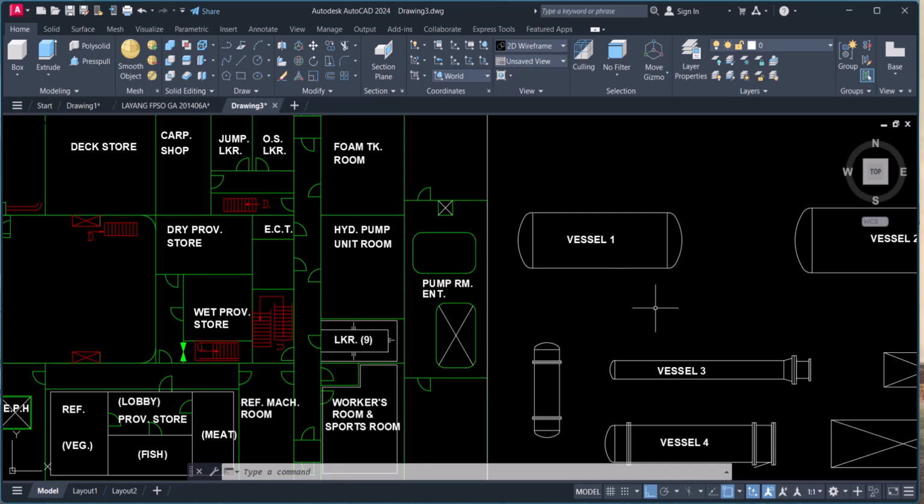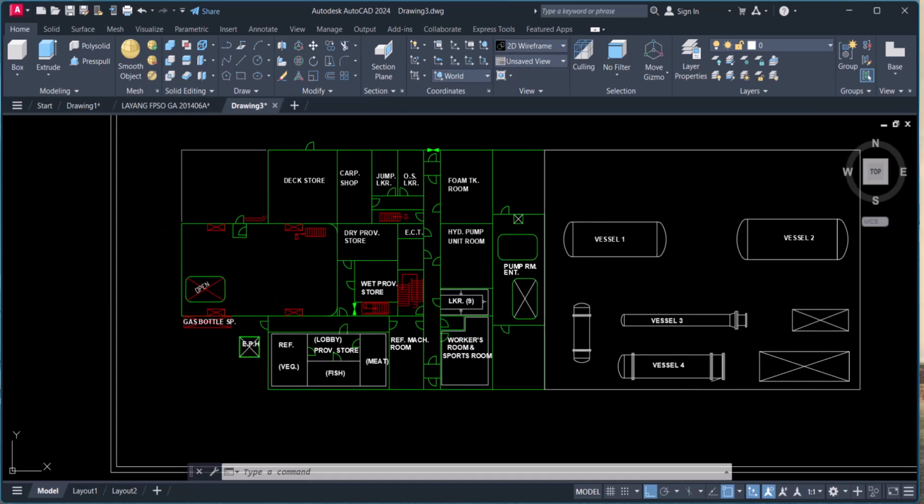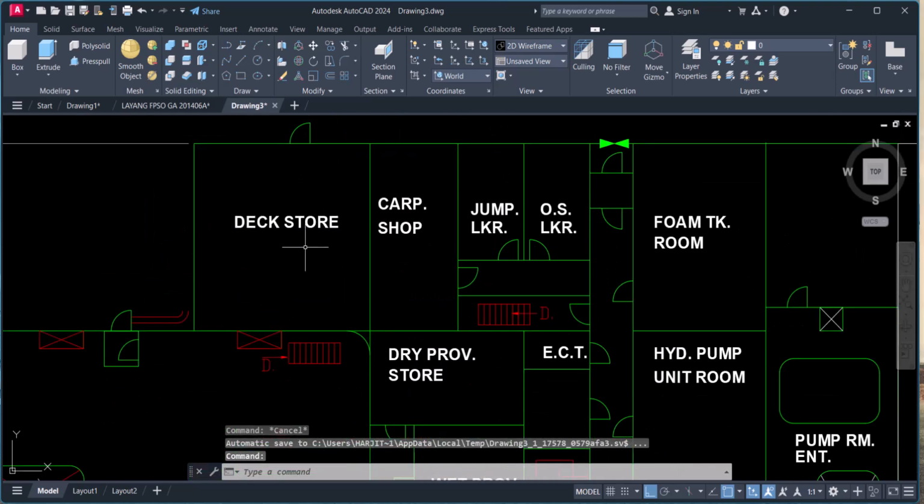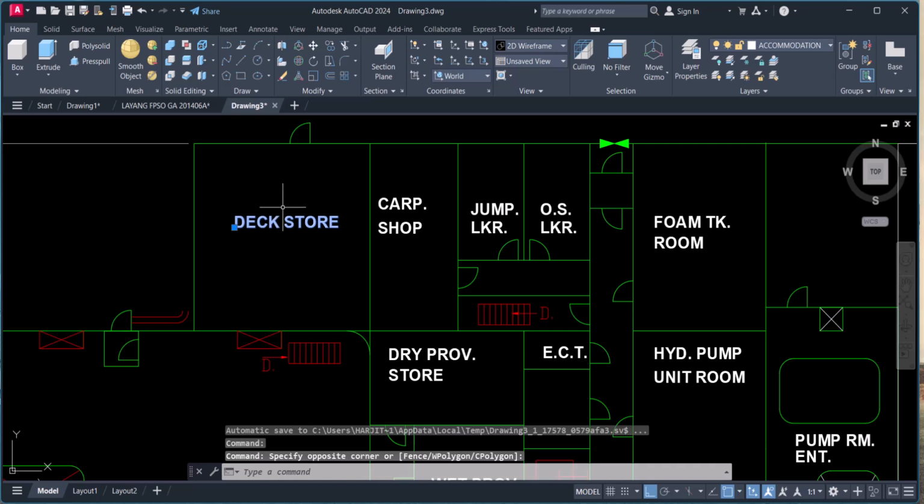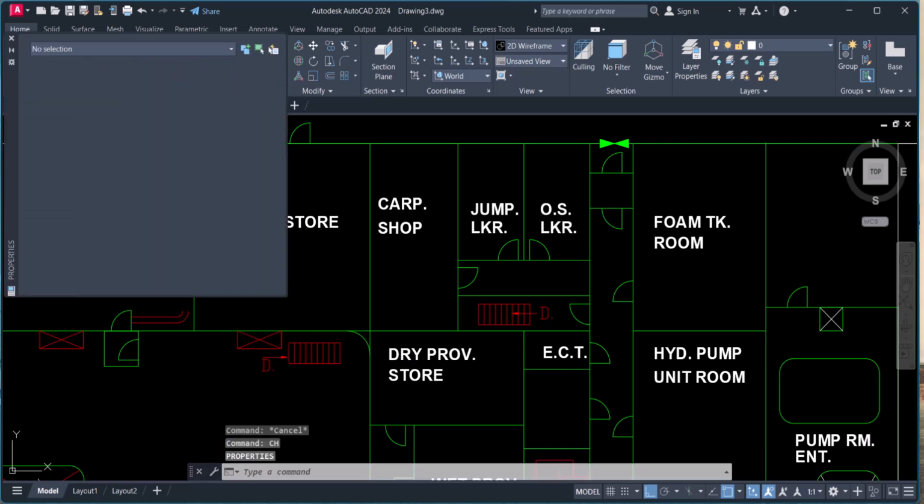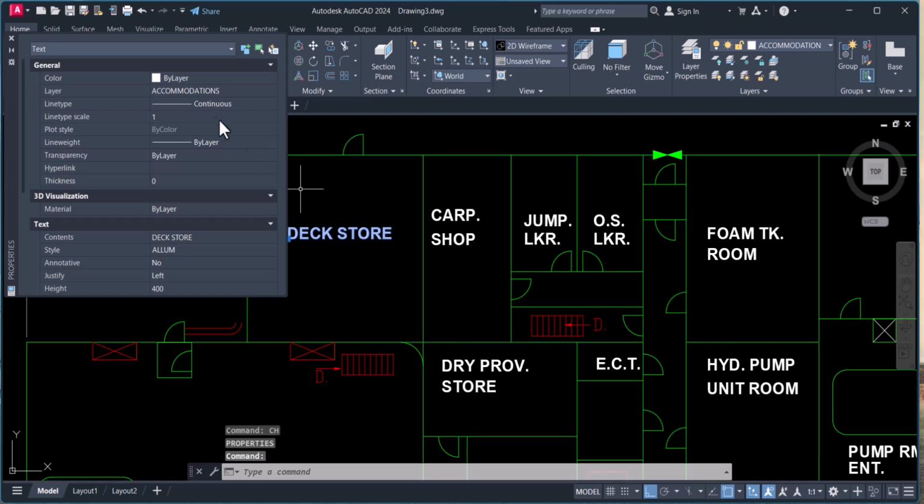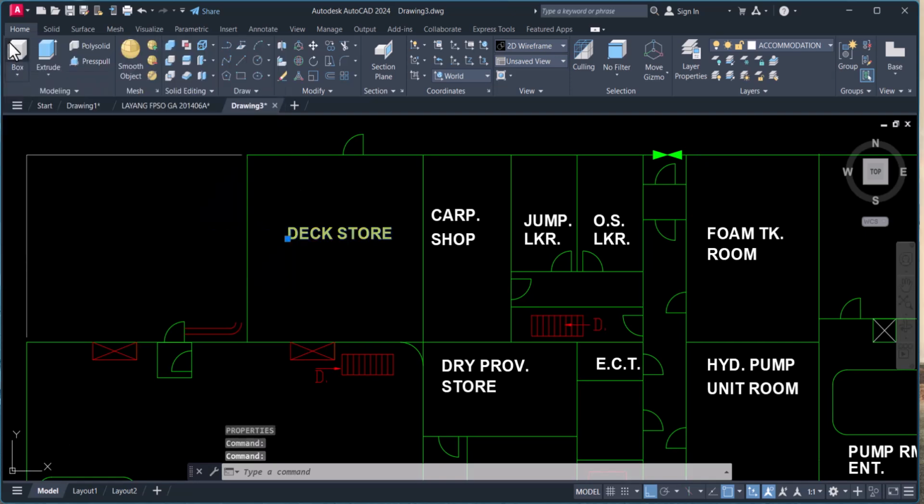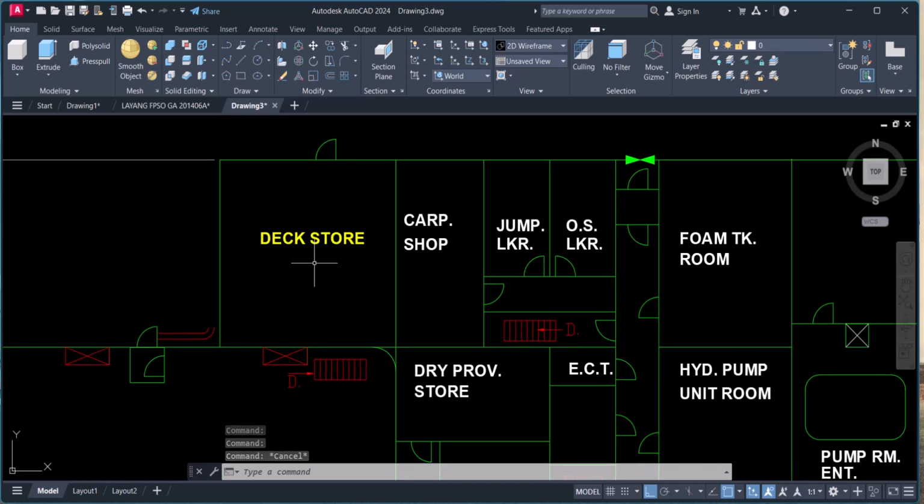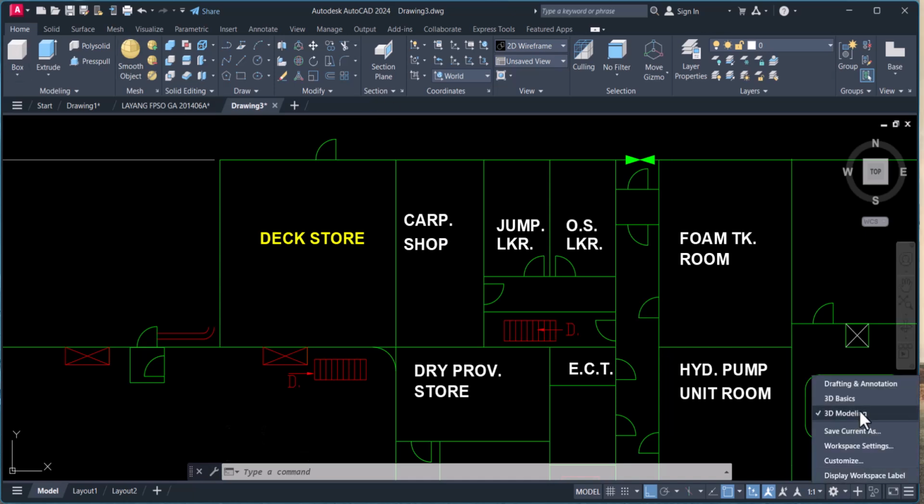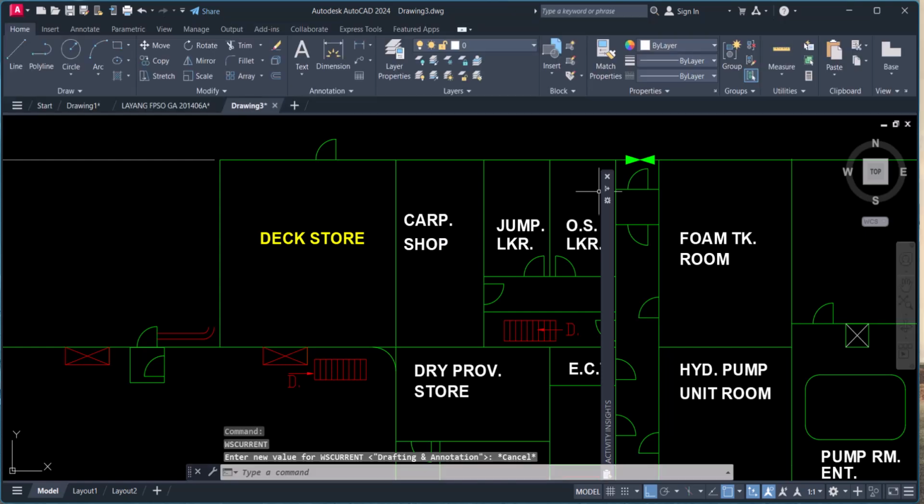It's very efficient. So to change the color, let's say this color I want to change to yellow. You have to type CH, select this one, click here and change to yellow. This is one way you can change the color. And another one, I will go AutoCAD 2D,